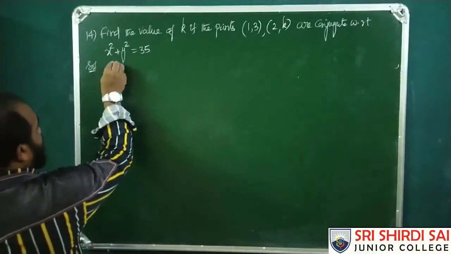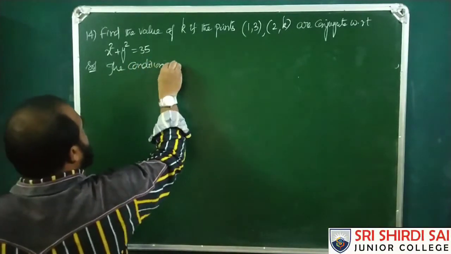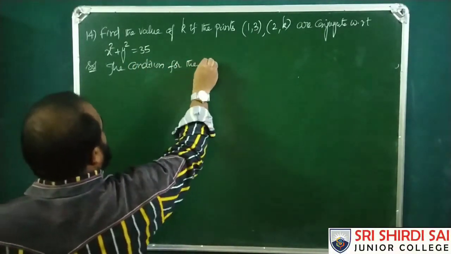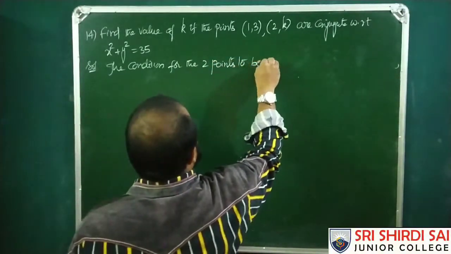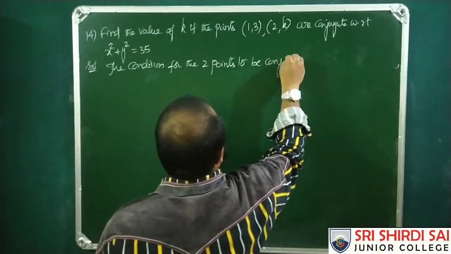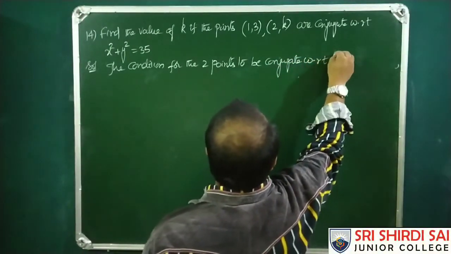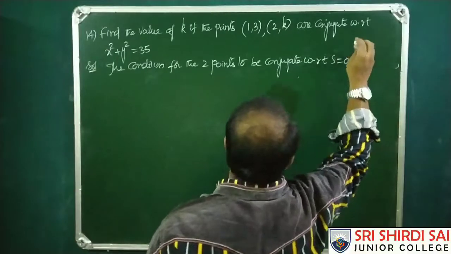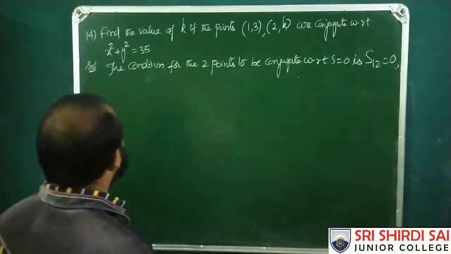So the condition for the 2 points to be conjugate with respect to circle S equals to 0 is S12 equals to 0, implies